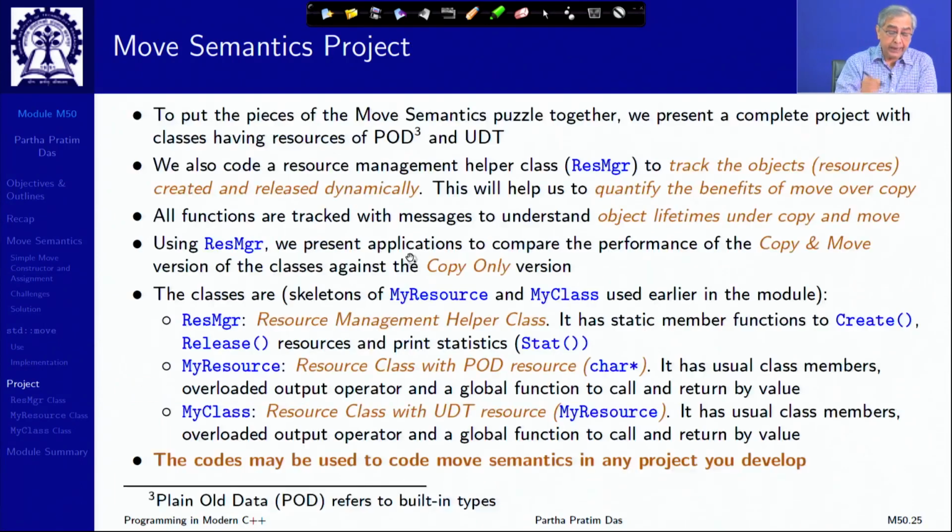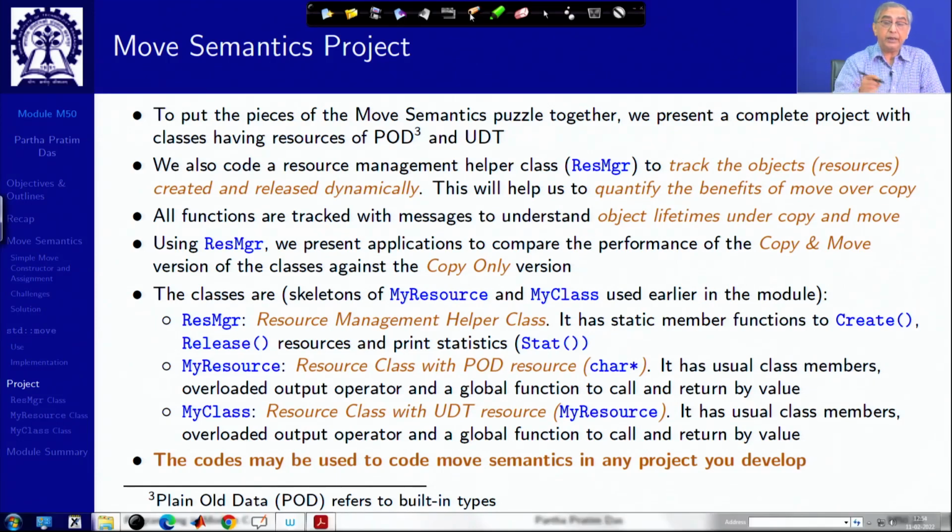Now, before I close, here is a simple project that I created for you. I will not go through these slides because these are primarily code for you to understand. But what I wanted to put together is we have talked about move enabled classes for having PODs as resource. We have talked about move enabled classes with UDTs as resource and how to put them together. So, here I have given a project where there are 3 classes. MyResource we have already talked of. My class MyResource has a char star, a POD resource. My class has a MyResource data member. So, it has a UDT resource, and in addition I have given a class here, resource manager, whose purpose is